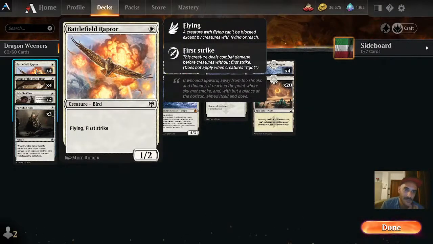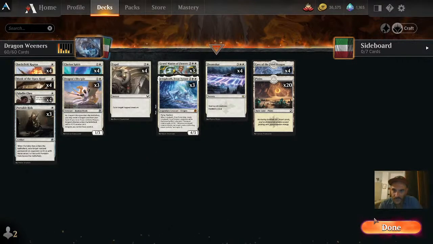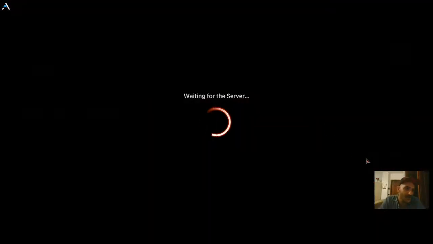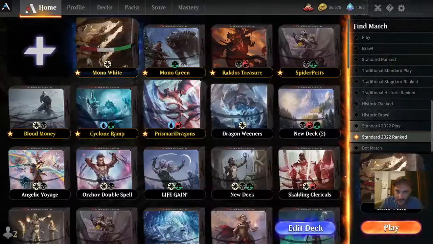And I'm running the Raptor instead of the Codespell Cleric. I really like this build. It's one of my funnest decks to play. It's not as competitive as the other one, but...